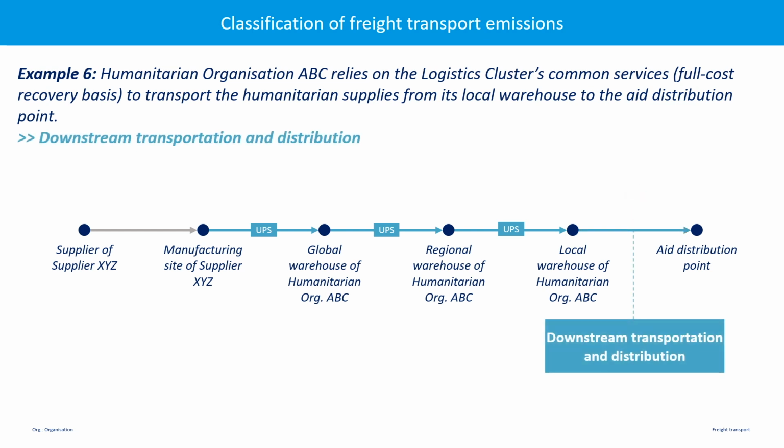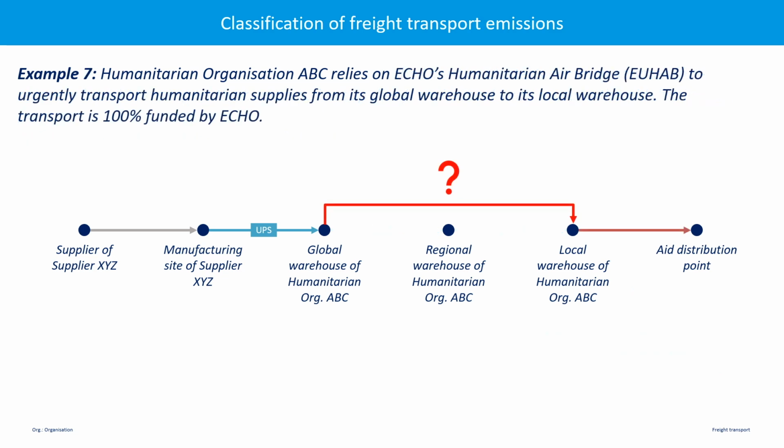The emissions would need to be reported under the downstream transportation and distribution emissions category. Why? Well, one, the transport is done by an external party, the cluster. Two, humanitarian organization ABC pays the cluster. And three, the transport is directed to the aid distribution point. Last example,